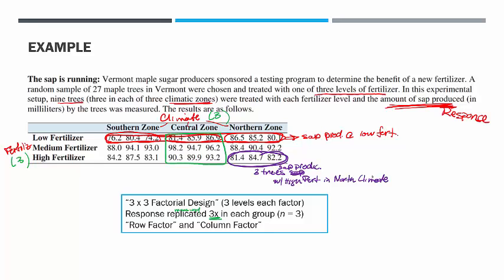Okay, so I hope you can understand how this data is laid out here. We would say that n, or lowercase n, equals 3. We have a sample of 3 trees in each of the different groupings of the factors. And again, we have a row factor, in this case the fertilizer, and the column factor is the climate. Okay,